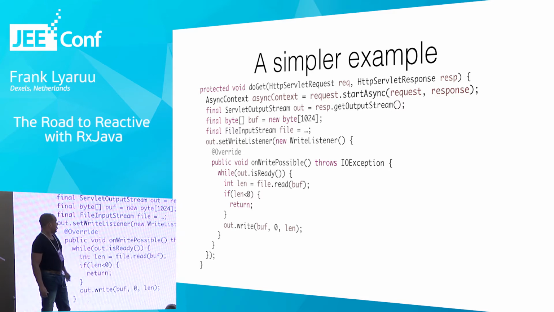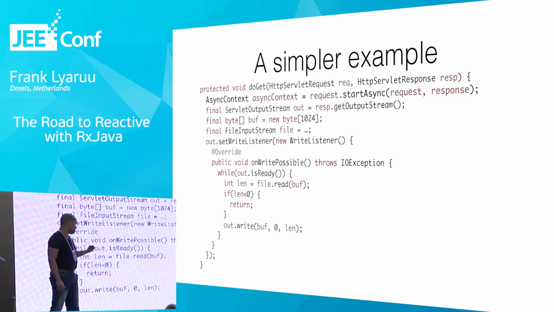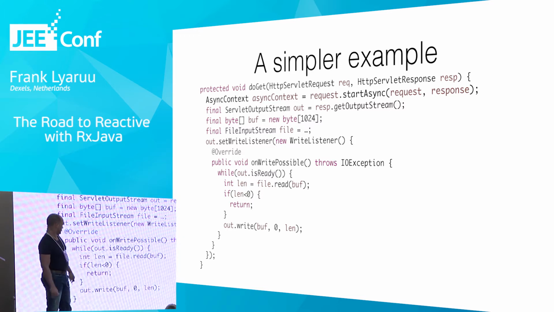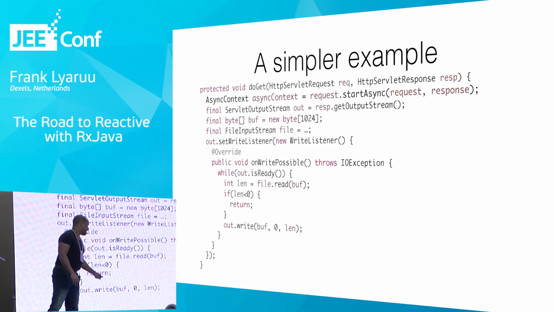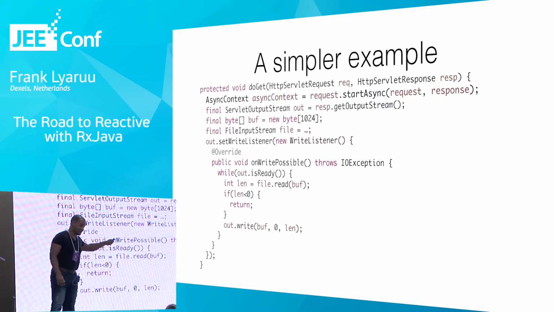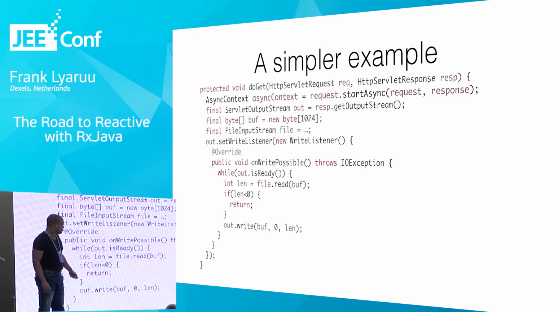You can write once. After you write once, you have to call isReady. IsReady might say true or might say false. If it says true, you can write again. Then you have to call isReady again. If isReady says false, you need to return, and then the container will schedule a new onWritePossible whenever it is possible. It's not terribly difficult, but